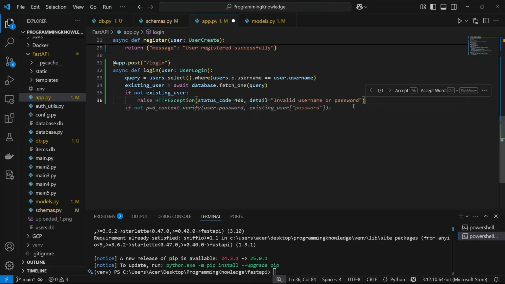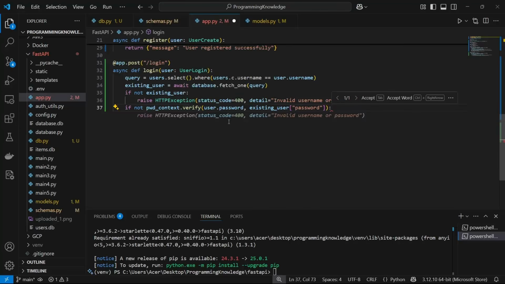Now moving forward, the next step is we can verify the password of a user. So for that, if we got the user here, then what we're going to do is, if not pwd context.verify, this function actually verifies the hashed password, and these two values are verified against each other using the function. So if they are not verified, that means this is a wrong password. So I'm going to raise an error here, which is invalid username or password again. And after that, if we are successfully passing through both of these if conditions, that means the username and password both of them were correct. So now I can return a successful message here, which is something like return message login successful. All right, perfect. So we have developed our whole system here, and now I think we can run our FastAPI